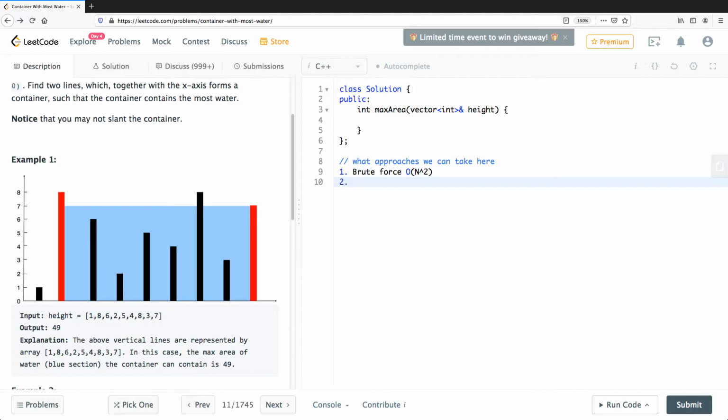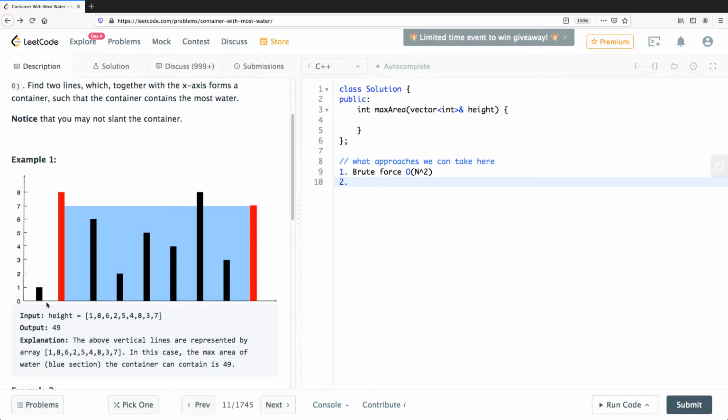So let's see what is the next approach we can take. Can we do better than that? For that, what we can do is, let us just say that we start with two pointers or indices pointing to the leftmost element and the rightmost element. And then what intuition can we use here? So now let's just start with i pointing to 1 and j pointing to